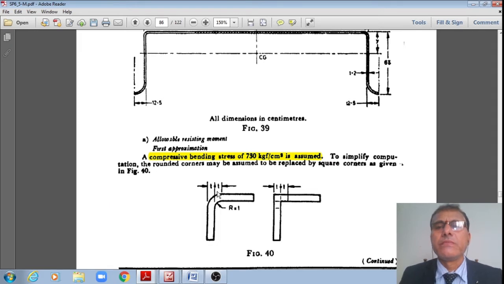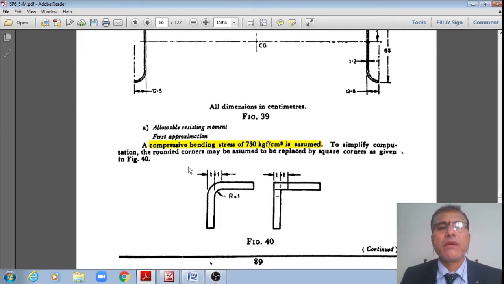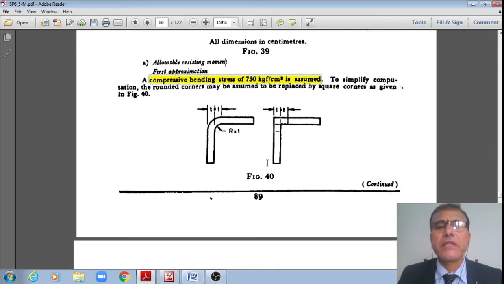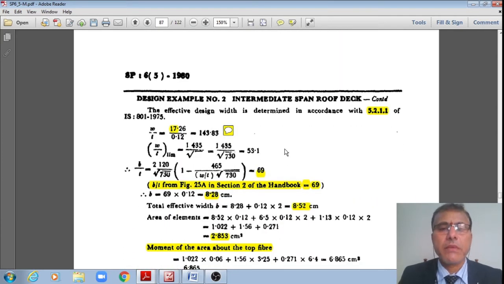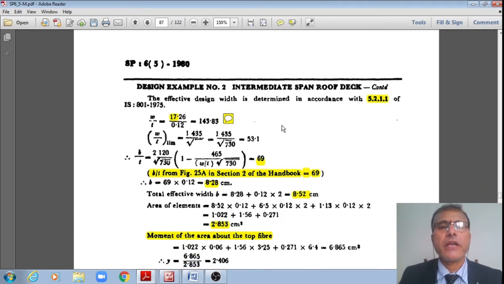Now let us calculate the sectional property, student. First, I want to calculate the moment of resistance of this section. As an approximation, I will take this curved portion of radius r equal to 1 mm, with the thickness t, and also another thickness. Now I'll replace that with a linear method with exactly 90 degrees. That is how the linear method is adopted, as you already saw in the previous problem. It can be used successfully without much error.